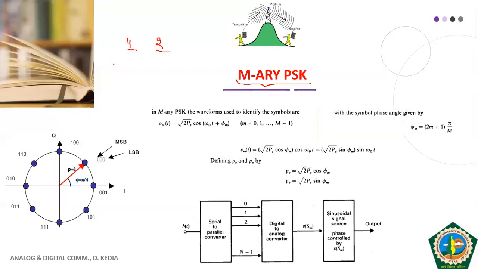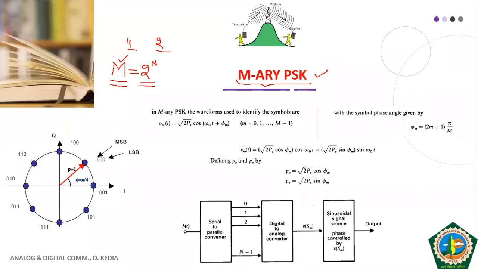So if we generalize and say that we have M number of digital symbols where each digital symbol is represented by n number of bits, it means the total number of symbols will be M, which is equal to 2 raised to power n. Okay, so that's why we call it M-ary PSK, where we have capital M number of possible digital